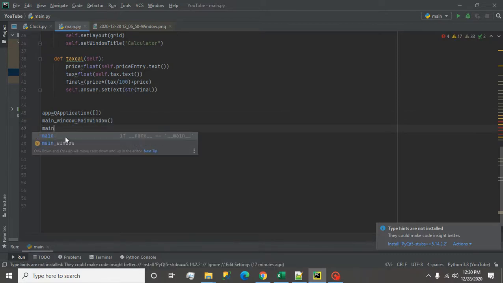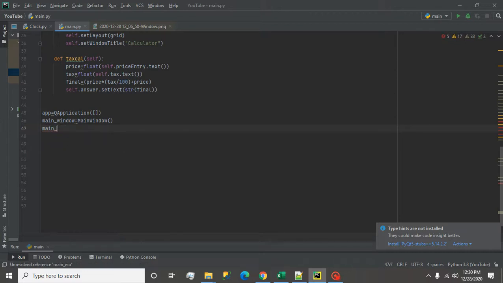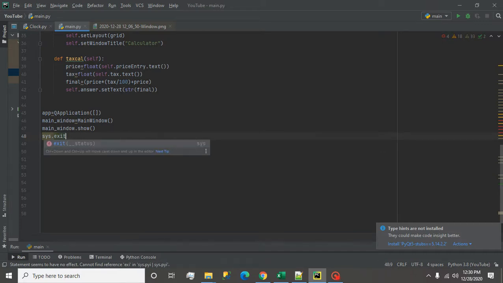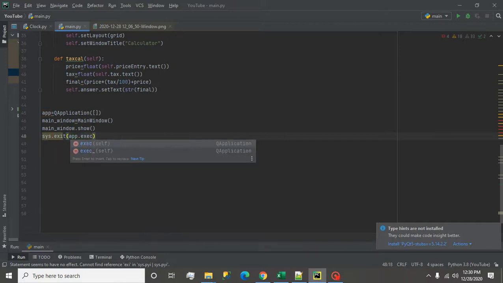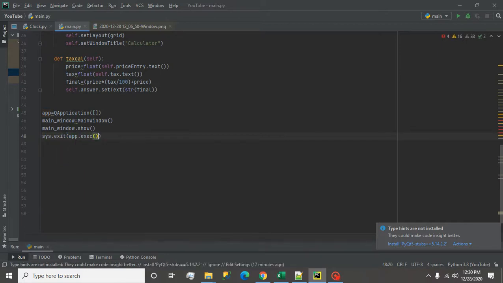And now I have to call the show method. So I write like this object, and then I call the show method. And at the last, I write sys dot exit, and then I call the app object and call the execute method.